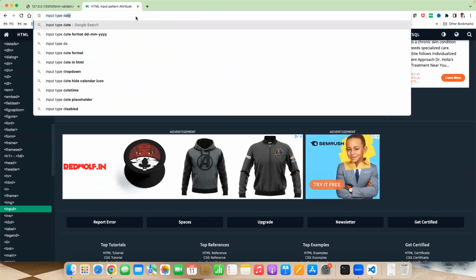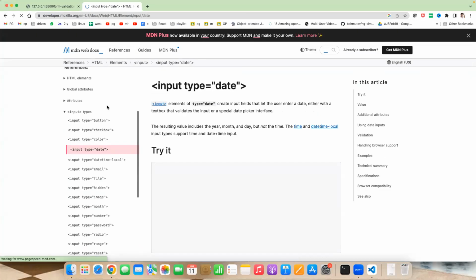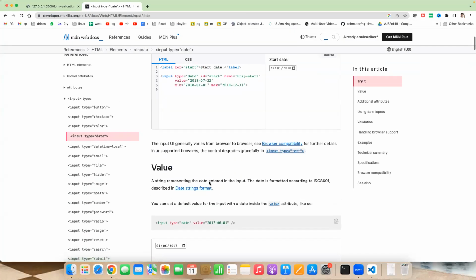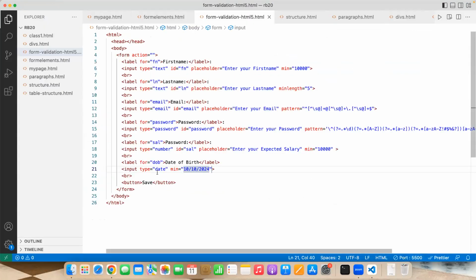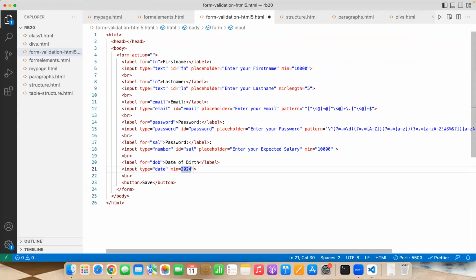Input type, date, validation. Input type, date. My format is wrong. Min is the same, but year, month, and date. So here min is equal to, I have to give some date like this, and it is obviously a previous date. Yes, minimum of 20 to